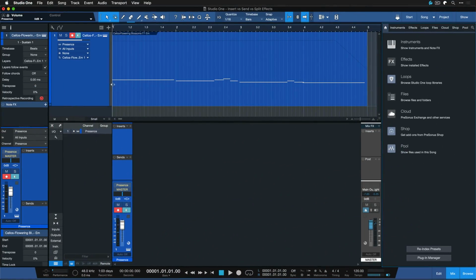Today we want to learn about the difference between insert, send and split effects, which can be fairly useful information, particularly to beginners and people new to mixing and production. So let's dive straight in. In order to not confuse everything, let's just focus on one instrument track and one instrument channel in this example so that we can truly look at the key differences between the insert, send and split effects